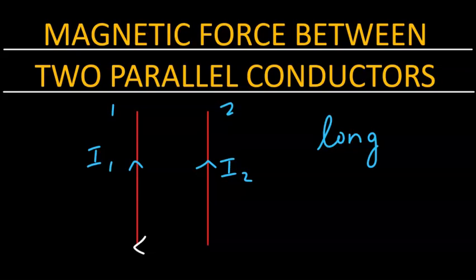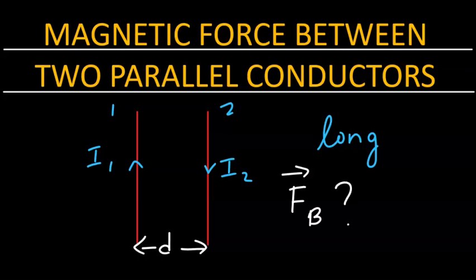And of course the distance between them is d. This is the case where the two currents are parallel to each other, but the two currents can also be opposite to each other. We want to see how magnetic force between these two parallel conductors arises, namely the origin